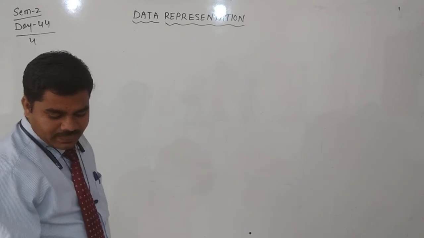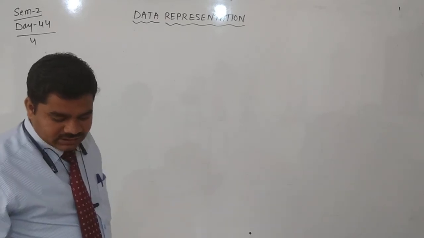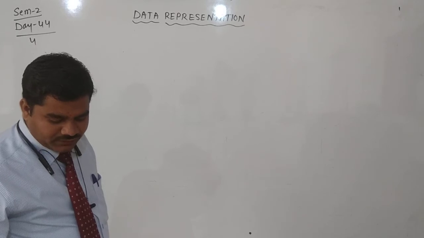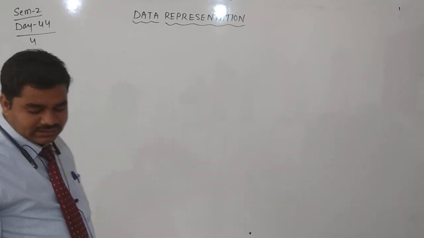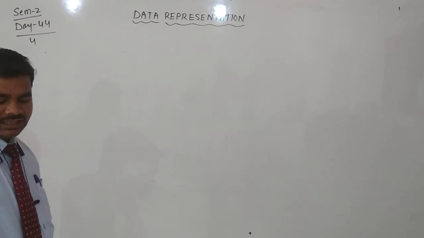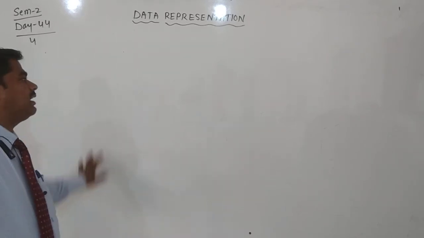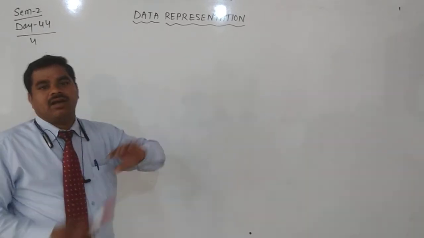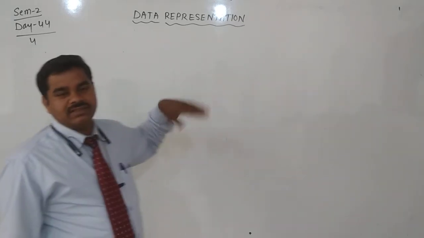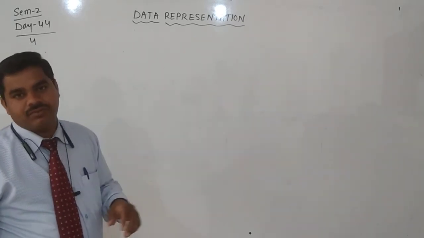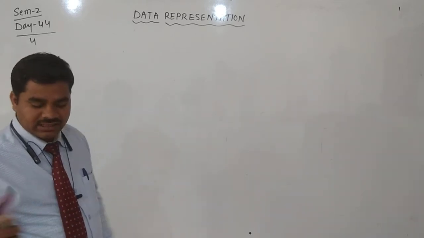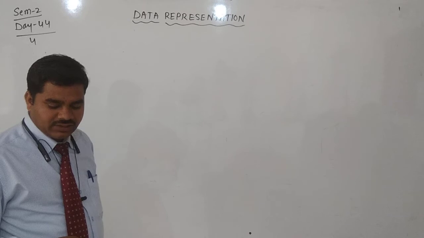Second one, draw a horizontal bar graph to show the different modes of transport your classmates use to come to school. Ask relevant questions. Some people come by school bus, some by government bus, some by their parents' own vehicle, some by their parents' bike. Like that, you can collect the mode of transportation.